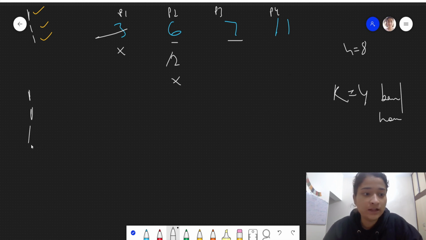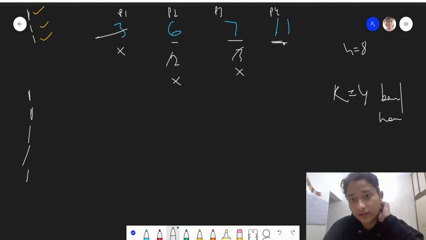Then Coco will come here. Eat 4 bananas. 1 hour taken. 3 are left. Then 3 bananas she will eat. 1 more hour will be taken for that and these will complete. Now come here. 4 bananas she will eat. 1 hour taken and how many are left? 8 are left. I think 7 are left. Then she will again eat 4 bananas per hour.